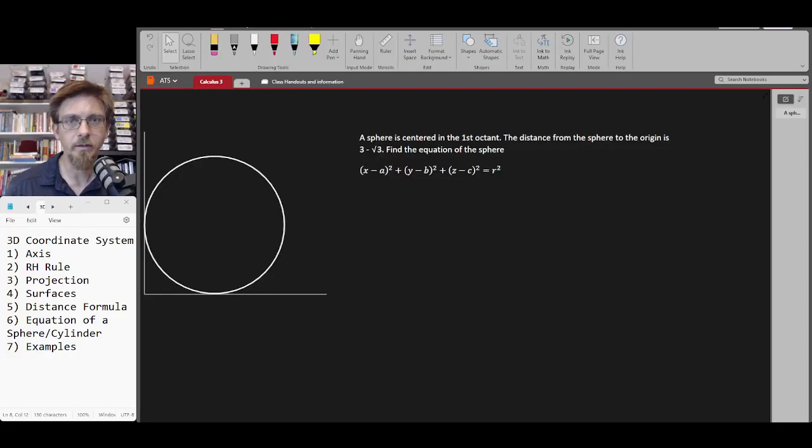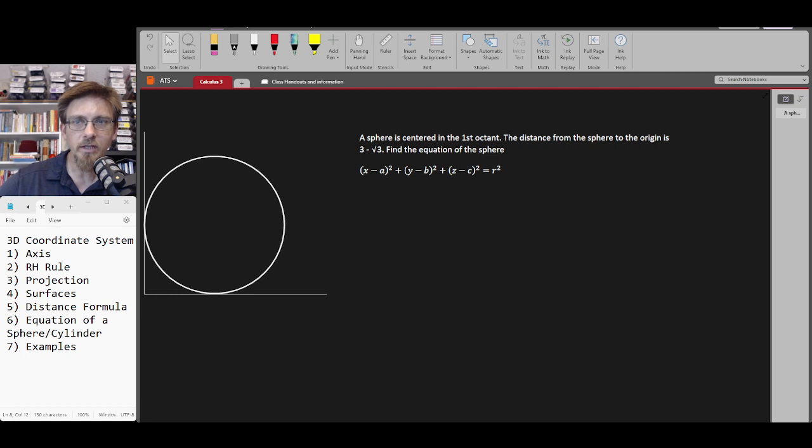All right, so I wanted to do this one problem from one of the books here about dealing with the distance formula and the sphere formula in 3D space. The problem asks us: we have a sphere that is centered in the first octant. The distance from the sphere to the origin is 3 minus rad 3, and we want to find the equation